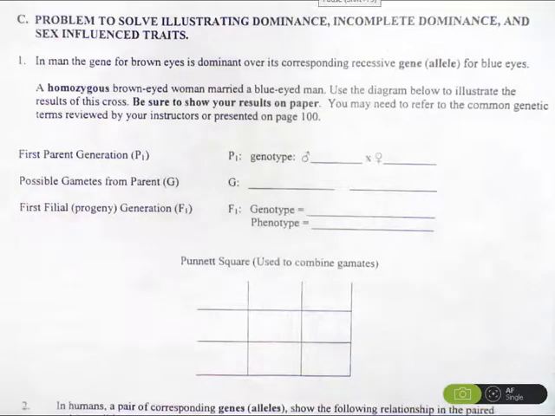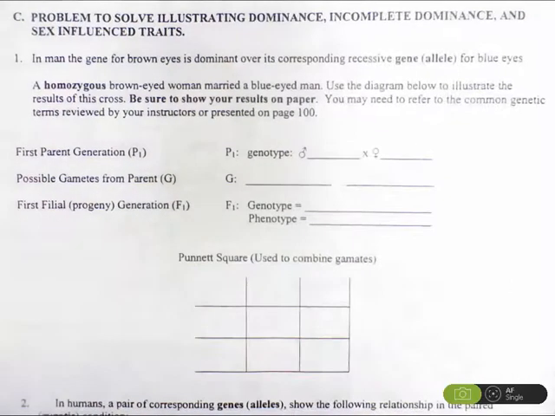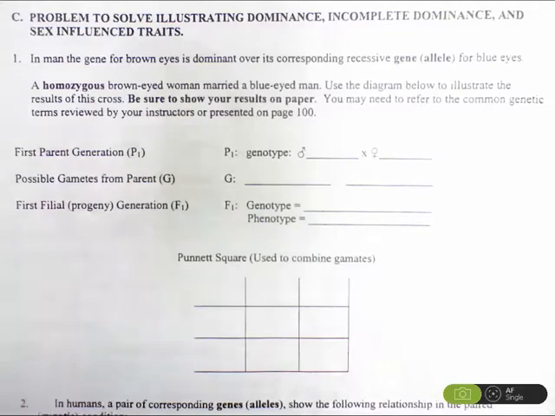We're going to look at a number of these different problems associated with some of the things that you guys observed in Part A and Part B of this lab. And we're going to do some hypotheticals. What if a person had different genotypes? What phenotype is possible to be expressed within the offspring? So we'll spend a little bit of time going through a few of these, walking through each one and seeing if we can figure out the possible genotypes and therefore phenotypes that an offspring would have based on parents having certain traits. Alright, so in man, the gene for brown eyes is dominant over its corresponding recessive gene or allele